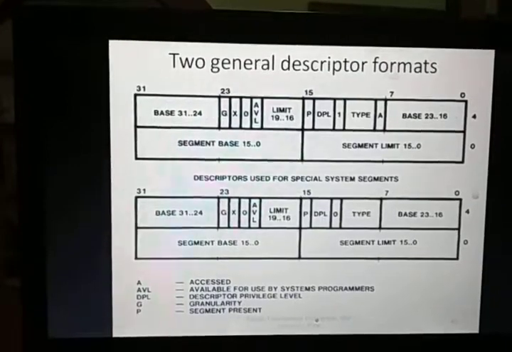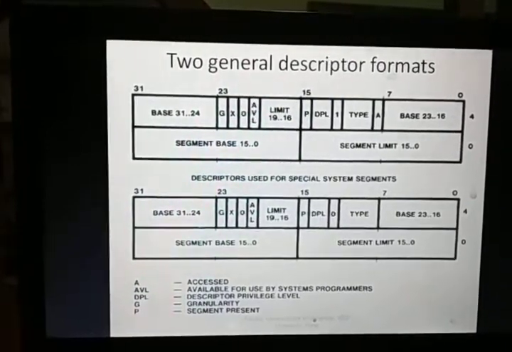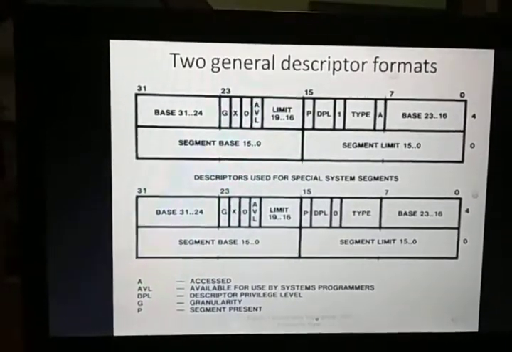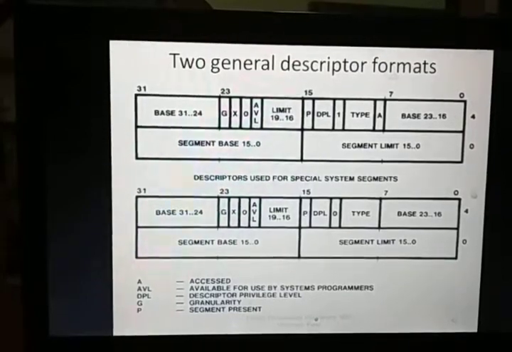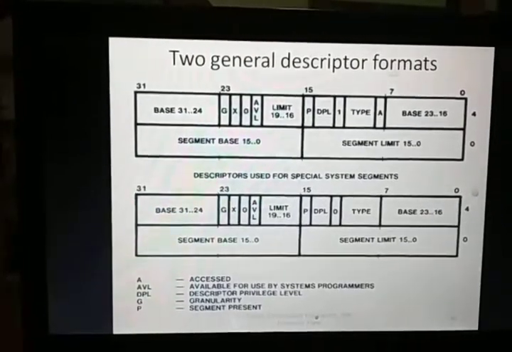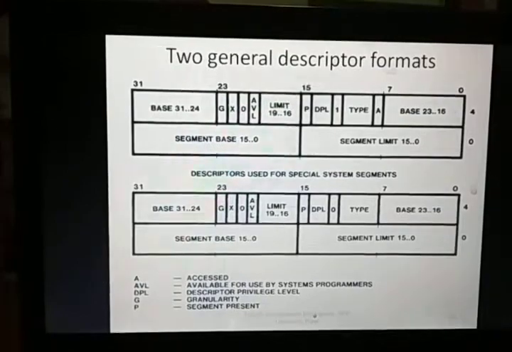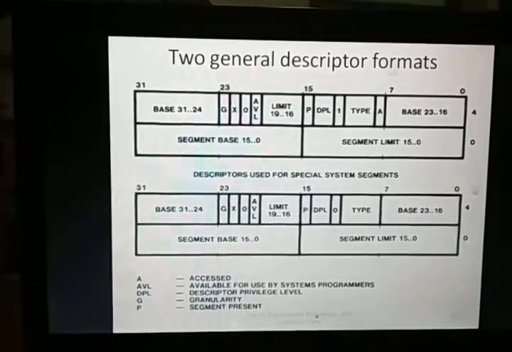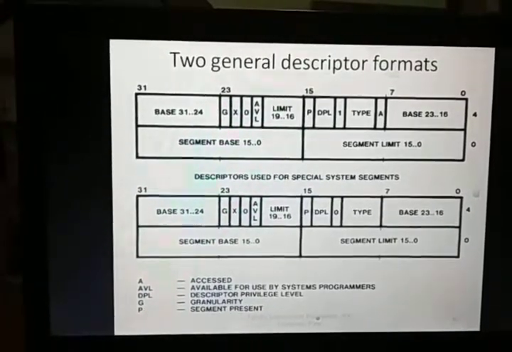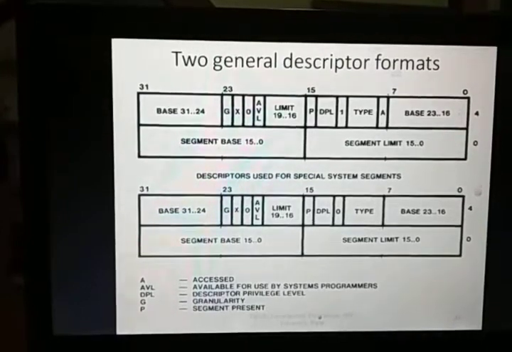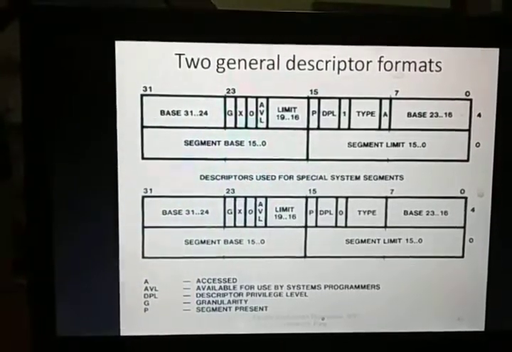But if the calling process privilege level is 2 and the target process descriptor privilege level is 3, the calling process can access the segment descriptor or data. By checking the privilege level, we can provide protection to the processes.